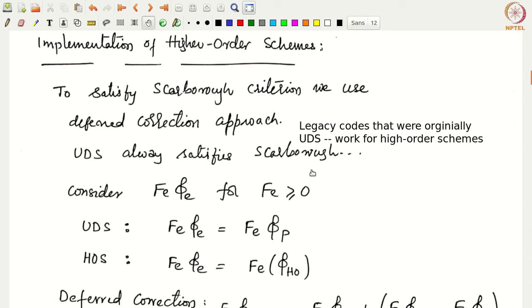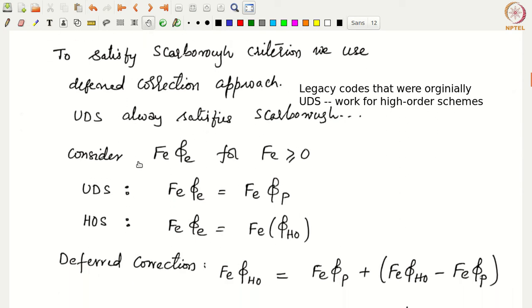So what we do is take that point, and if you consider the convective scheme, the discretized value is nothing but Fe times phi e. This is what you would get after discretization. If I assume that Fe is positive, Fe is greater than or equal to 0, then for an upwind difference scheme, Fe phi e would translate into Fe phi P. Essentially this Fe would go into the coefficient of AP. If it was negative, it would go into A capital E.